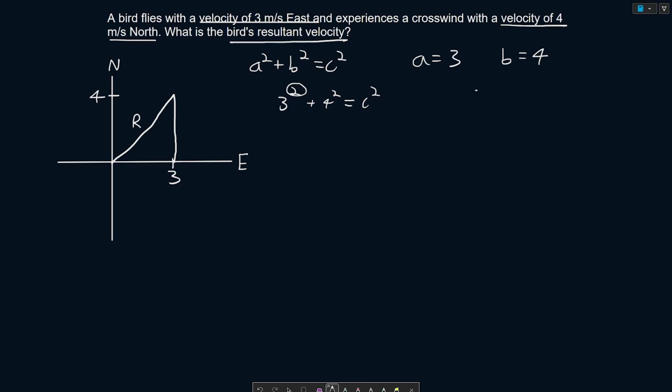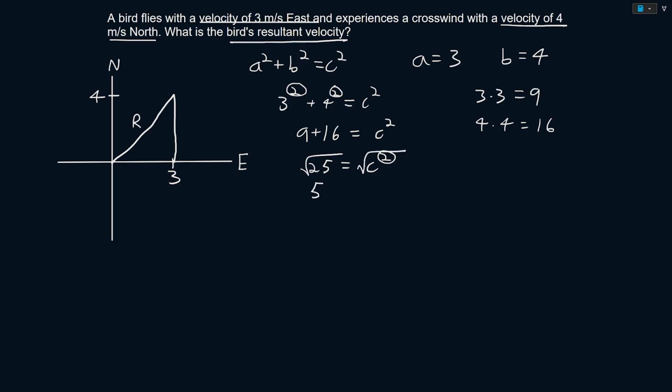3 squared is equal to 3 times 3, which is equal to 9, and 4 squared is equal to 4 times 4, which is equal to 16. 9 plus 16 is equal to our resultant velocity squared. 9 plus 16 is 25, and in order to get rid of the square on our resultant velocity, we must square root both sides. The square root of 25 is equal to 5, and that is equal to the magnitude